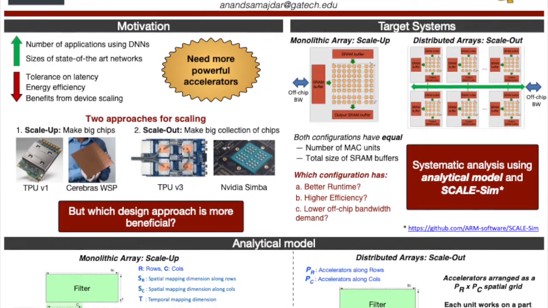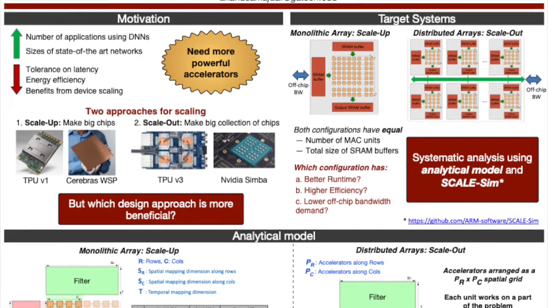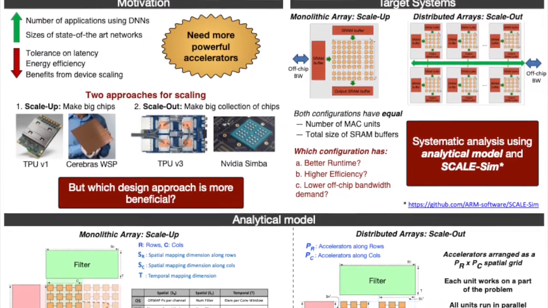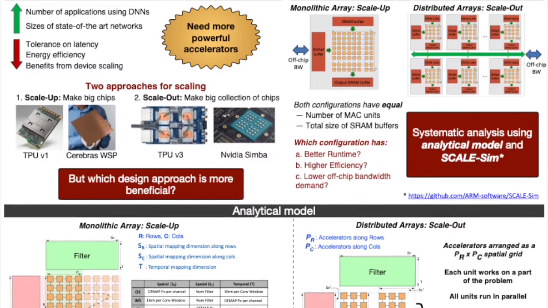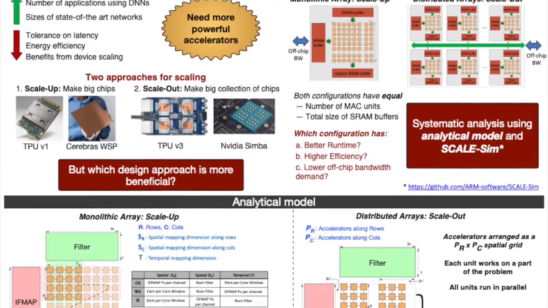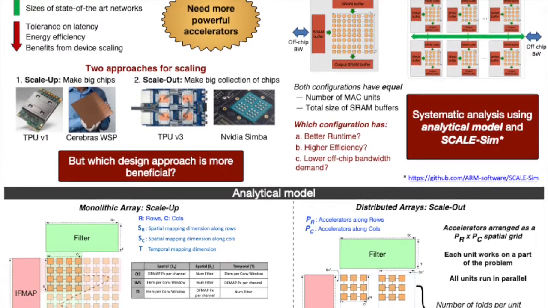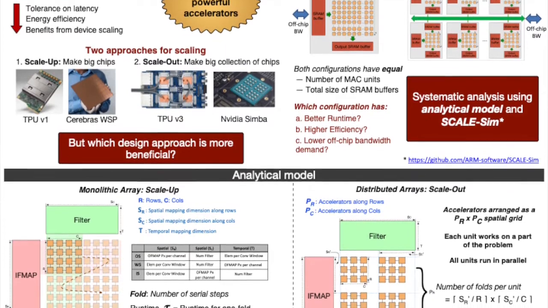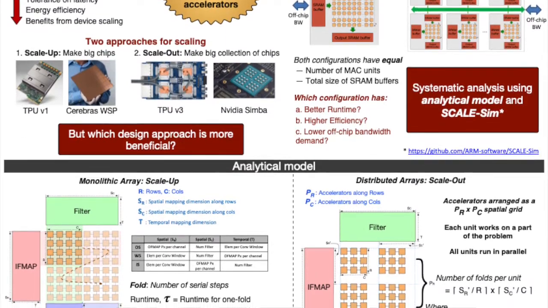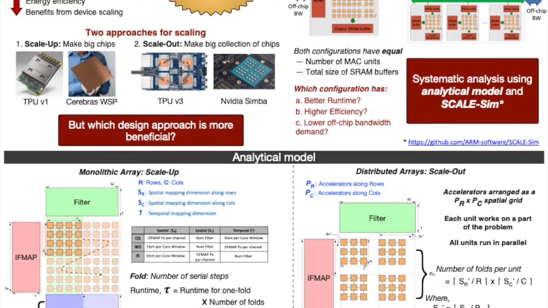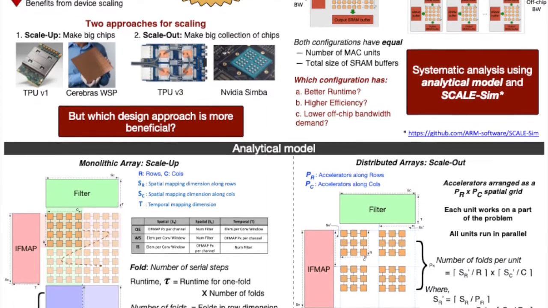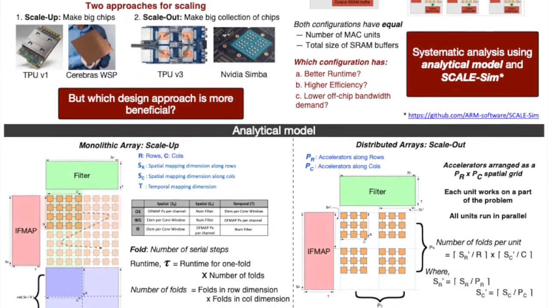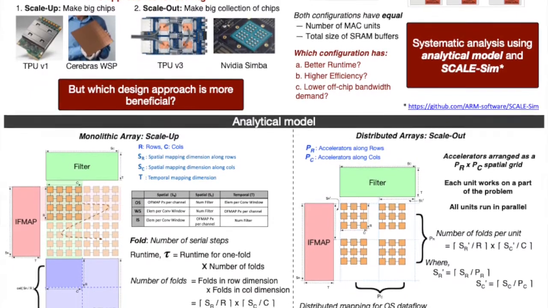There are two main approaches in scaling. The first one is obvious, just to create a single large accelerator, like the Cerebras wafer scale processor or version 1 of Google's TPU. We call this method scaling up. The alternative method is to create a large collection of smaller accelerators, all of which work to solve a single given problem. This approach is called scaling out. The main question is whether one of these methods is more beneficial over others. In this paper, we systematically try to find the answer to this question.